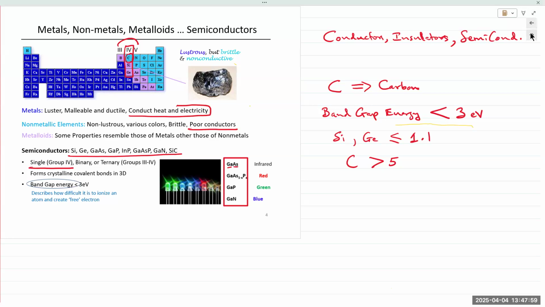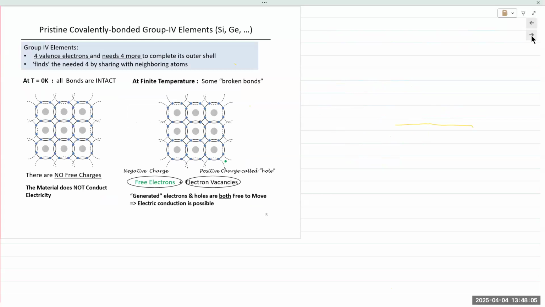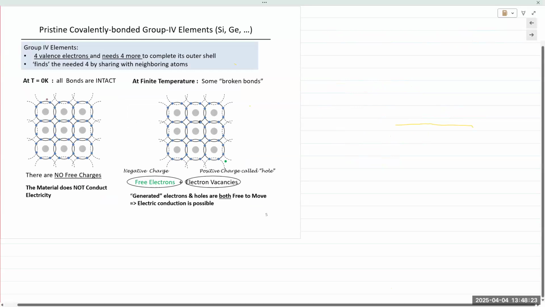All right, so let's go here. Let's go all the way down to 0 Kelvin. Have you heard of 0 Kelvin? That is known as absolute zero, meaning it is so cold, I can't move, I can't think, I can't do anything. Everything's frozen in place. So if you are a silicon atom,